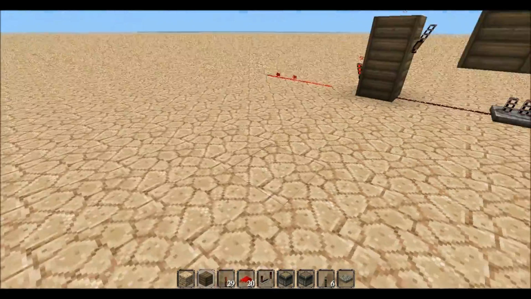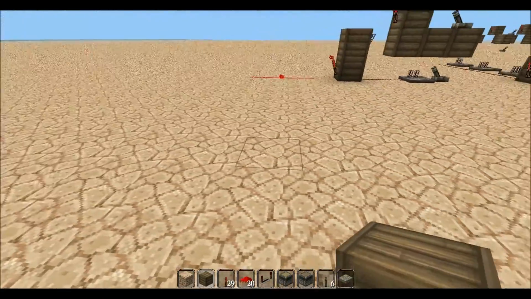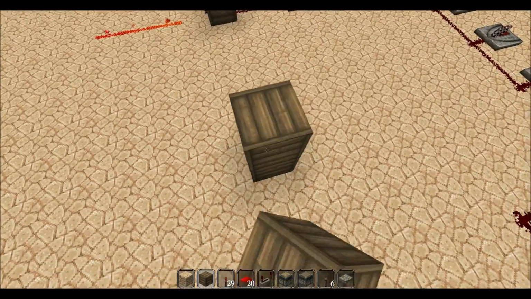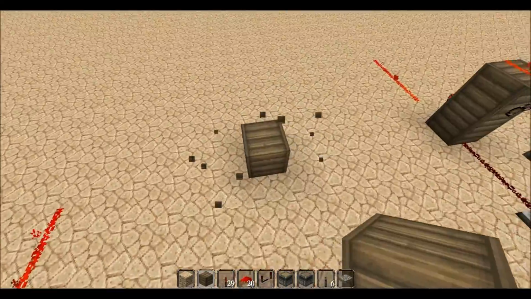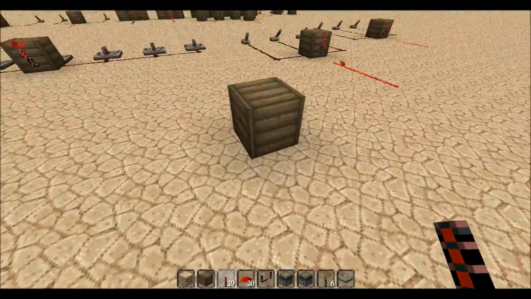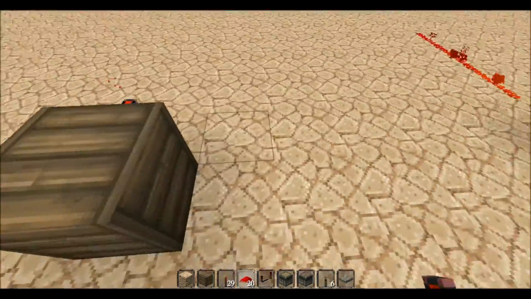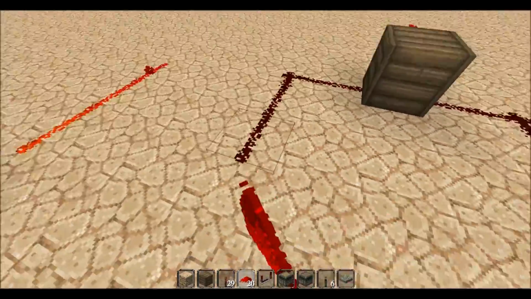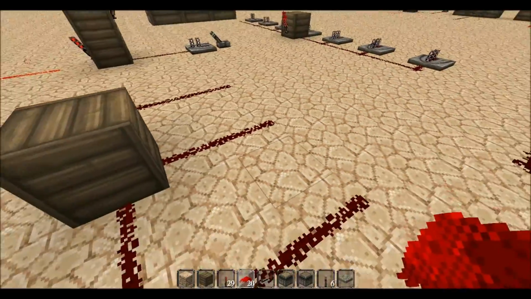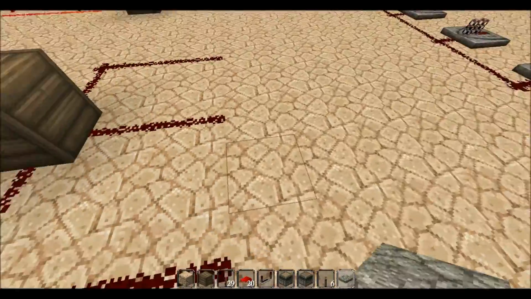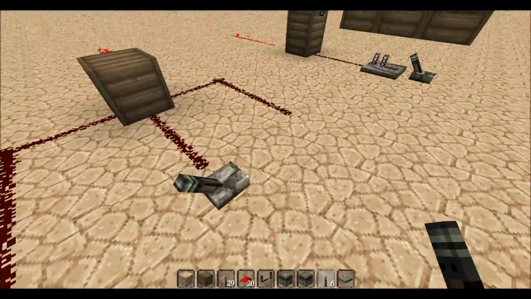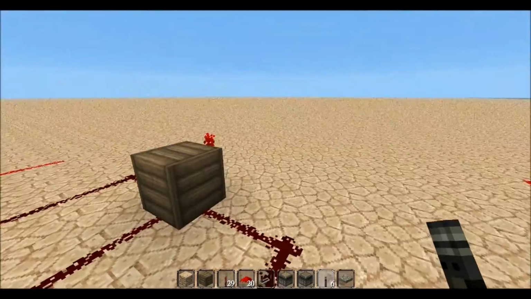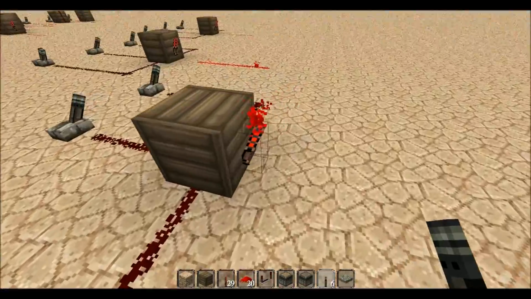Alright, uses. Again, like most of the basic simple gates, the main use of these is going to be in more complicated redstone systems, where we chain our inputs through several gates in order to get the desired effect. But if you're building a simple system, most of the time you're going to be using these if you need several inputs all to be able to turn off a certain